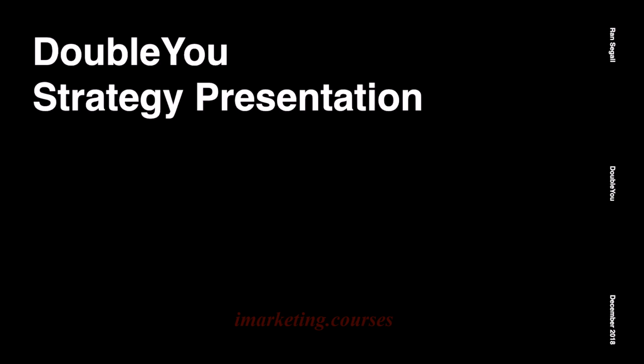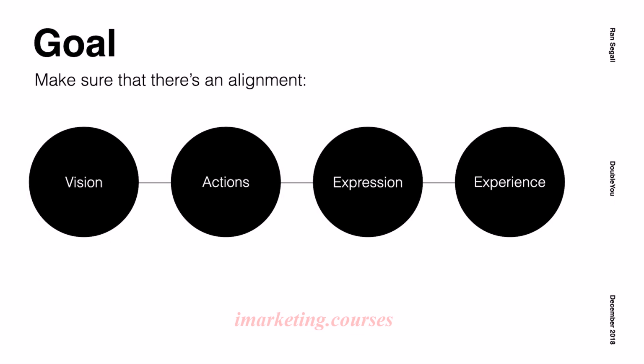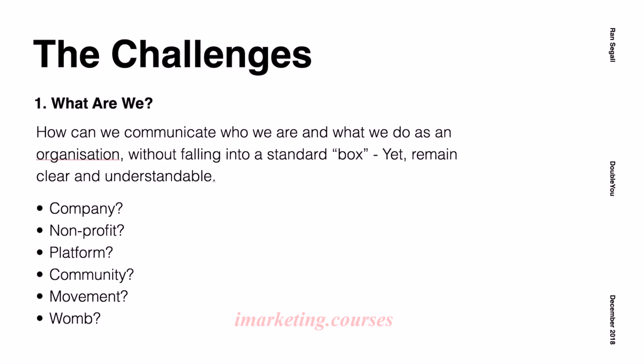And then on the next meeting, I'm basically presenting the strategy to them. So here's how it looks. Here, I'm again reiterating why we're doing this, to make sure that there is alignment. Remember I told you that the summary is basically finding the core one or two challenges. Here, I realized that we have two big challenges when it comes to the brand and communicating the brand.